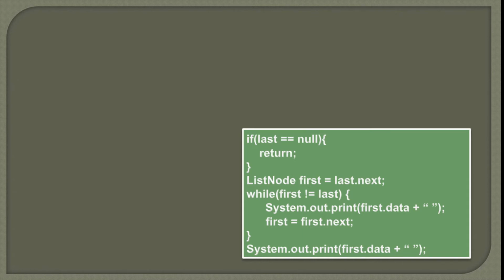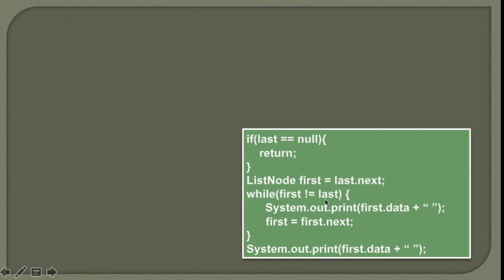Let's see an example when the circular singly linked list is completely empty and last is pointing to null. We know that when the circular singly linked list is empty, there are no elements and last will point to null. So when the last points to null, there are no nodes inside this circular singly linked list to traverse. Therefore we keep one condition: when the last points to null, then simply return. So we will simply return from it.